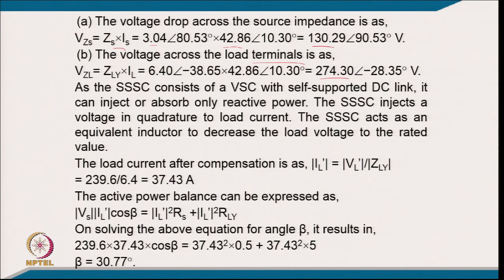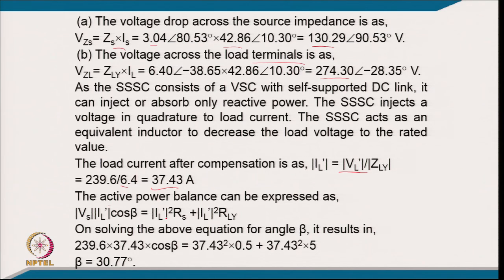So, as the SSC consists of the VSC with self supporting DC link, it can inject or absorb only reactive power. So, SSC injects the voltage in quadrature to the load current. SSC acts as an equivalent inductor to decrease the load voltage, and the load current after the compensation is rated voltage divided by the impedance of the load. So, it comes 37.43 on per phase basis,